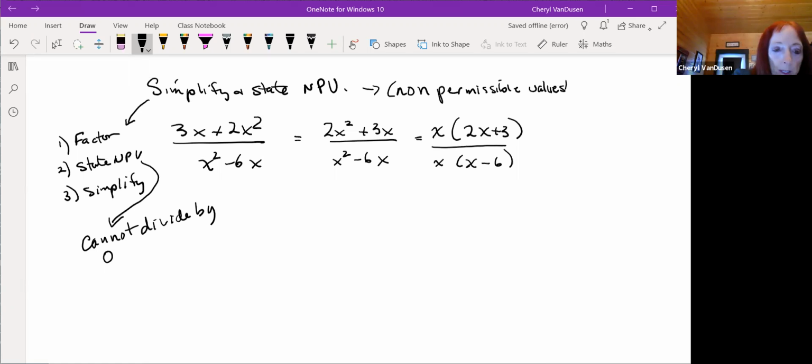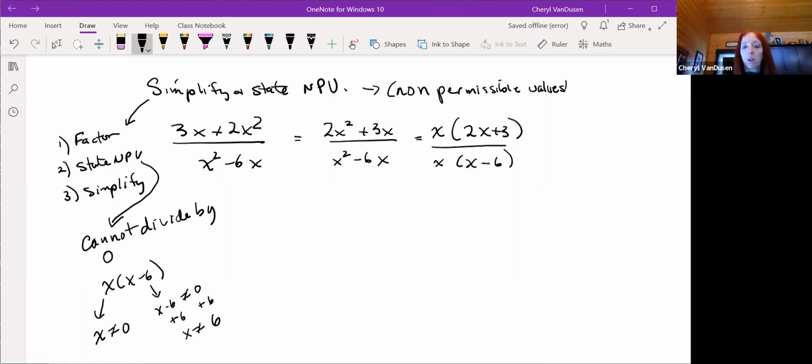So here's what we do. We say that x times x minus 6, that's what we're going to be looking at. X cannot equal 0. Otherwise, all our math is actually incorrect because we would be dividing by 0. And x minus 6 cannot equal 0, or doing a little bit of solving by adding 6 to both sides,